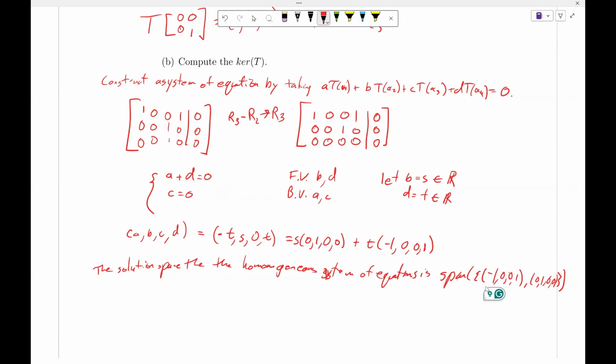But what does this correspond to? The first vector, minus 1, 0, 0, 1, corresponds to